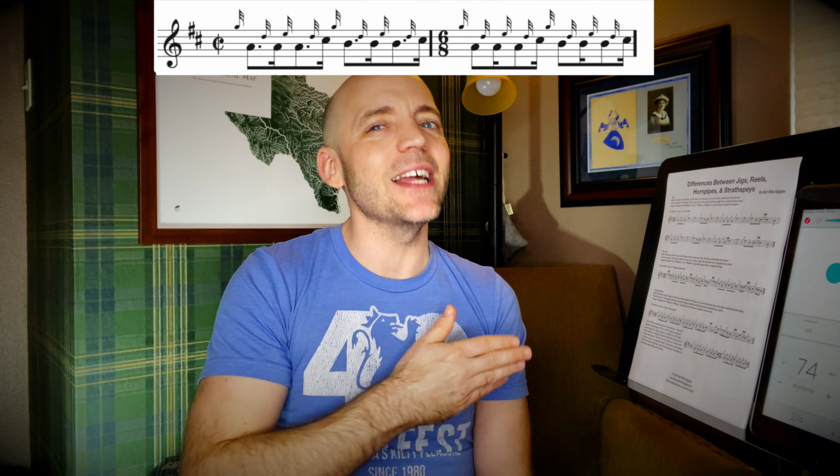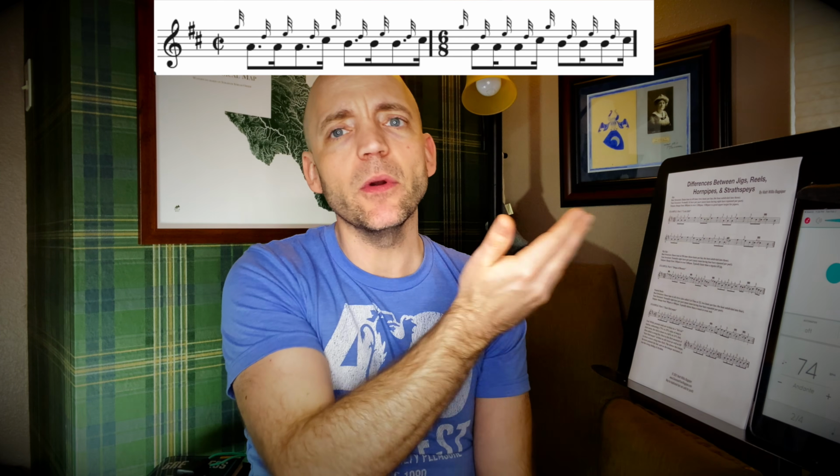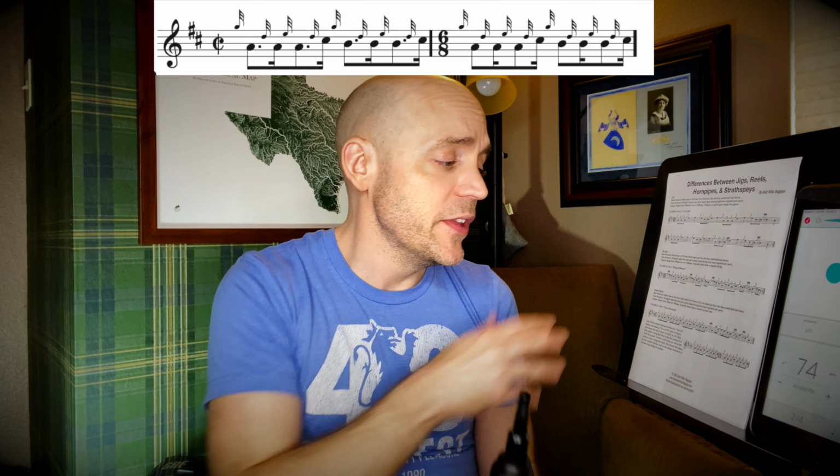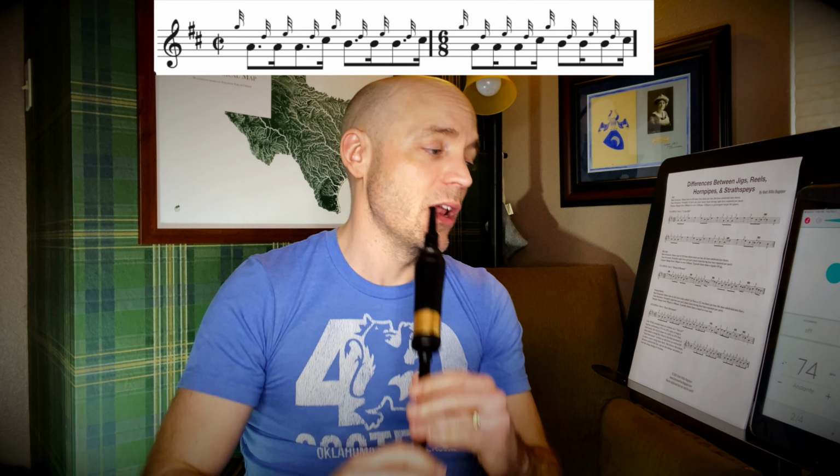Now the downbeat might have a little bit more stress. We'll talk about that in just a little bit, but it's a little bit rounder than that, but it's not completely even. But as the tempo goes up, you're going to find it's going to need to round out. The short notes can only get so short. So as the tempo gets faster, it's that dotted note that's going to get a little bit shorter as it moves on. If you were to play this at a very slow tempo, then absolutely you could have a very pointed